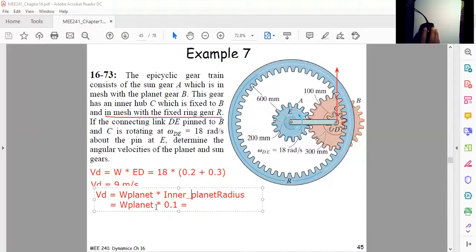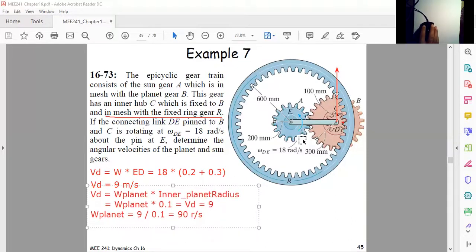But we know this has to be equal to VD, which is equal to how much? 9. Yes. So basically, omega of the planet is equal to 9 divided by 0.1, which is equal to 90 radian per second. So now we get the angular velocity of the planet. Next step that we have to do